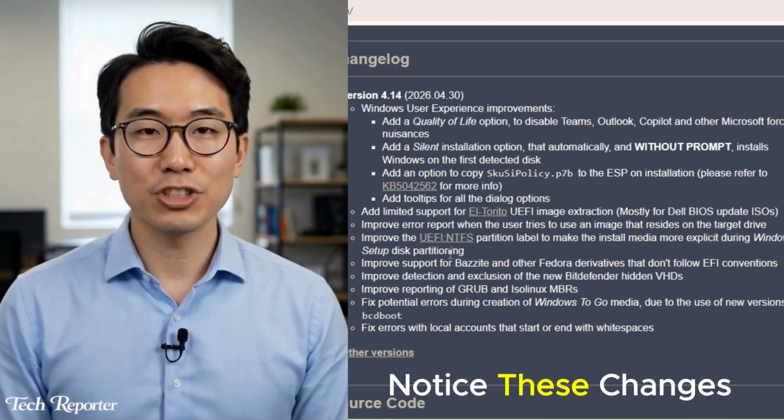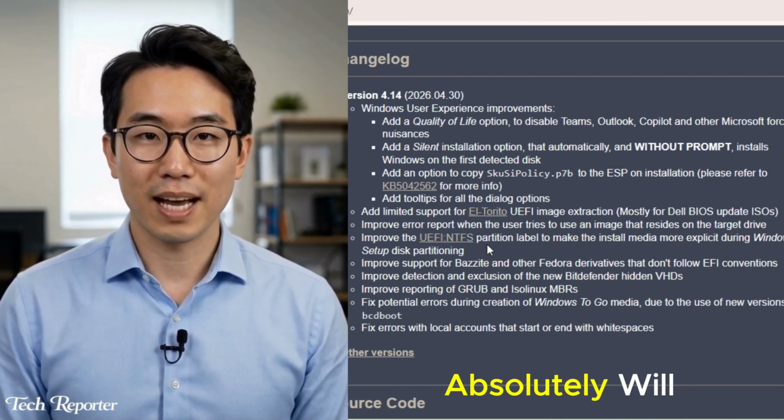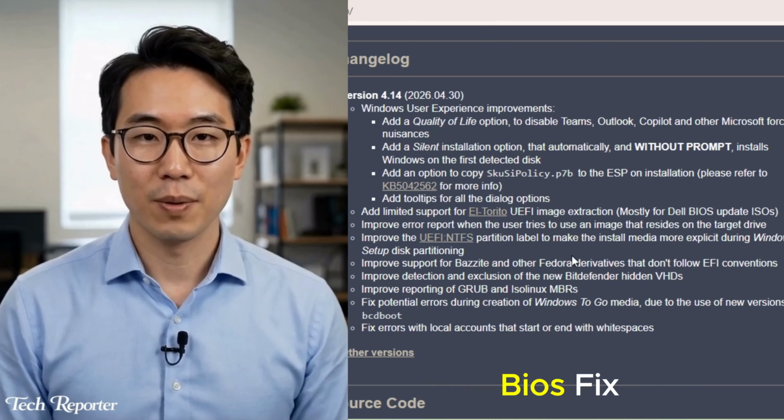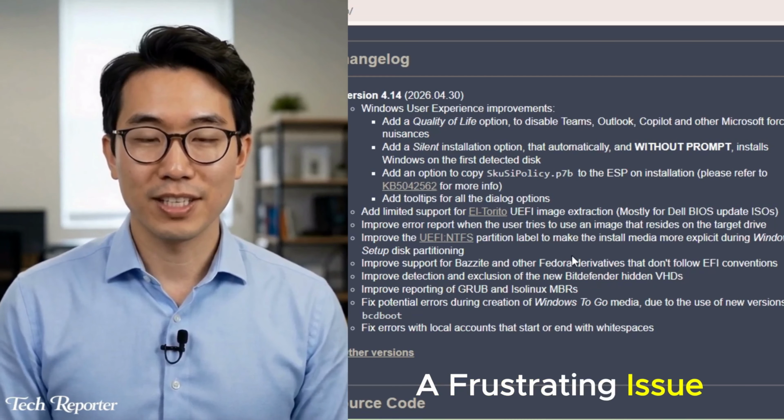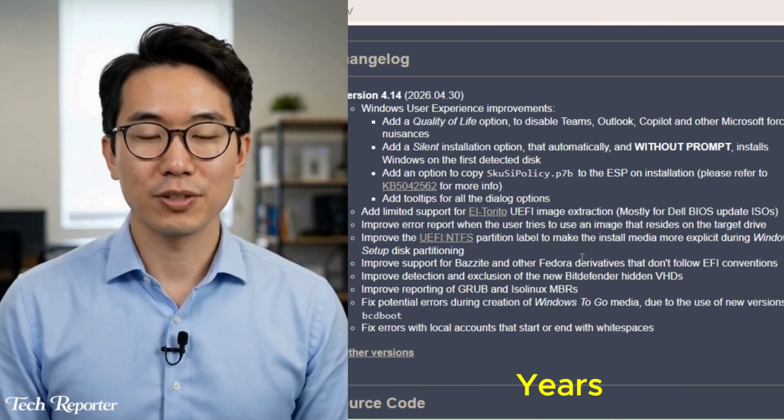Most people won't notice these changes directly, but power users absolutely will, especially the Dell BIOS fix. That alone solves a frustrating issue a lot of users have been dealing with for years when trying to create